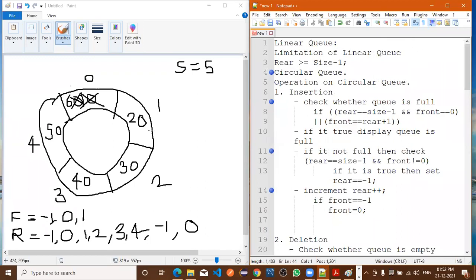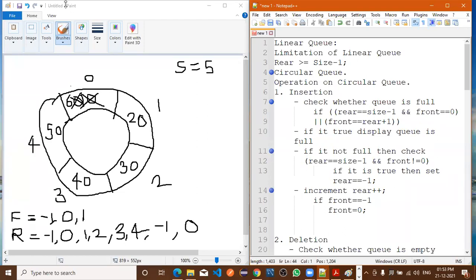Theoretically, all of you understood what is meant by circular queue, why we go to the circular queue, and what the limitations of linear queue are. Now here, the limitations of linear queue are resolved or not?